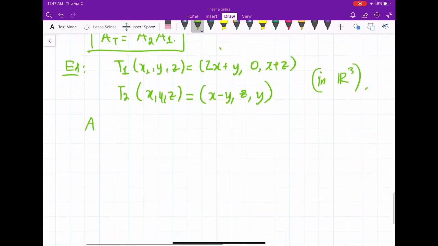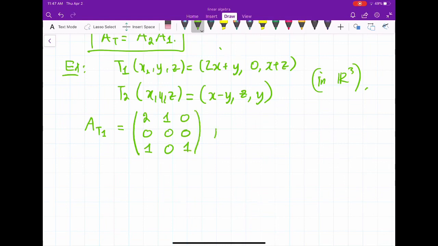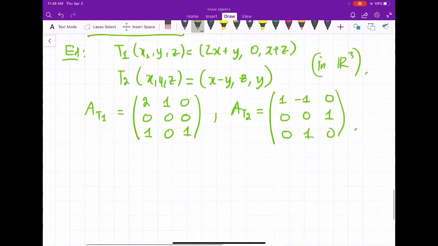And we have matrix A for T1, that is [2, 1, 0; 0, 0, 0; 1, 0, 1]. From the formula of T2, I have A for T2 equal to [1, -1, 0; 0, 0, 1; 0, 1, 0]. Now I want to find the superposition of